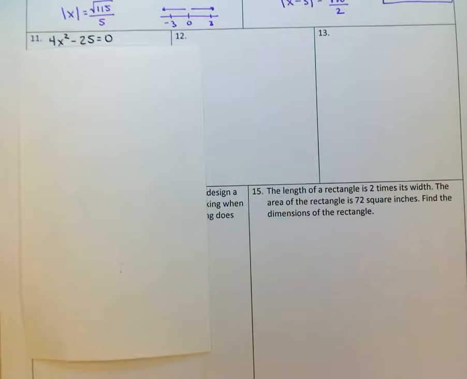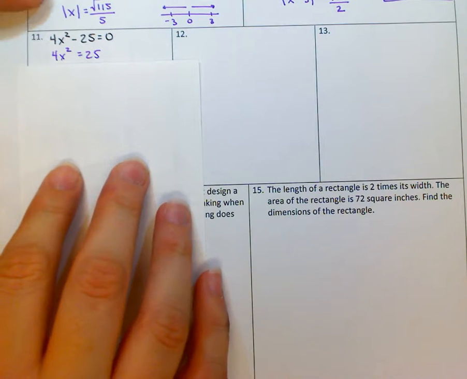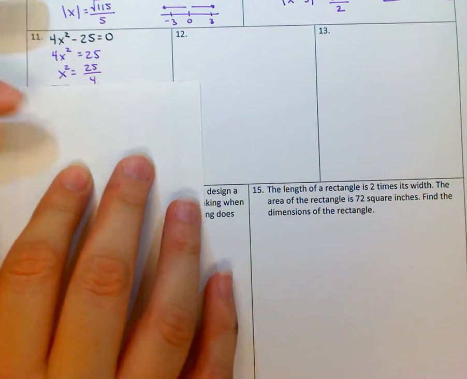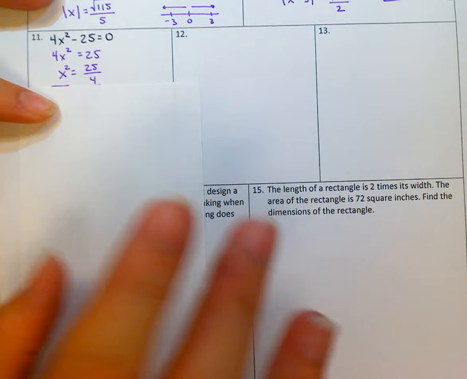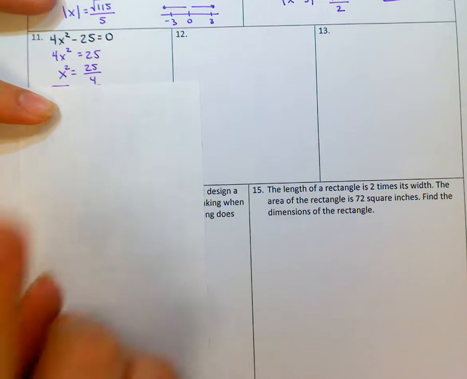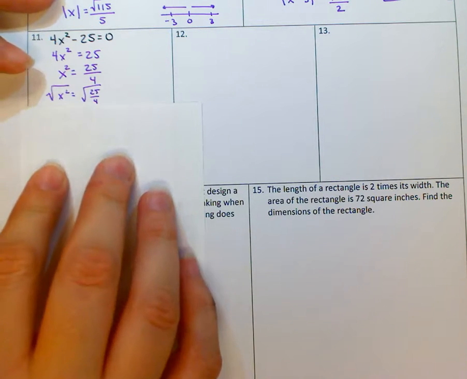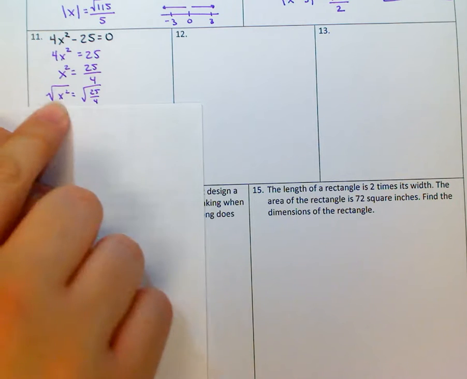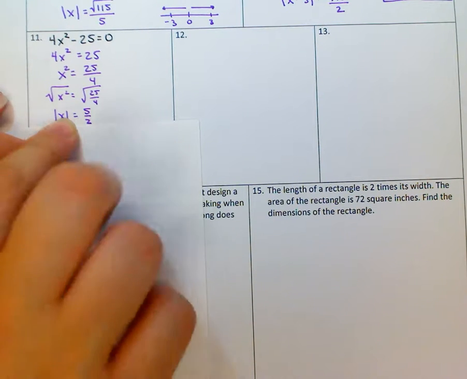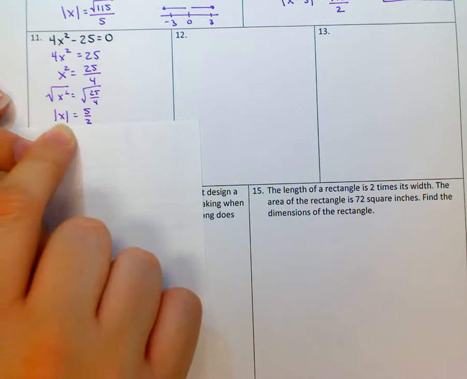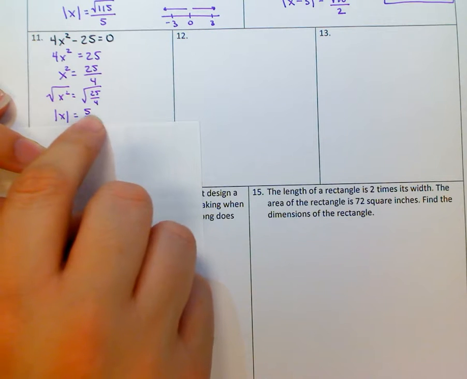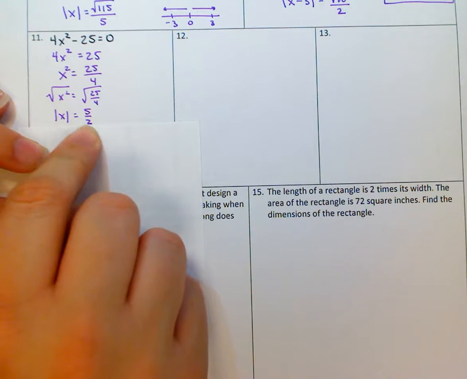Alright, so first step, you would add 25 to both sides. Then you would divide by 4, giving you 25/4, and I would encourage you to keep this as a fraction. Fractions are much easier to take the square root of than decimals, okay? Then I would take the square root of both sides, and notice that would give me the absolute value of x. Make sure you have that step. And then the square root of 25 is 5, and the square root of 4 is 2. That's much easier than trying to work with 6 1/4,